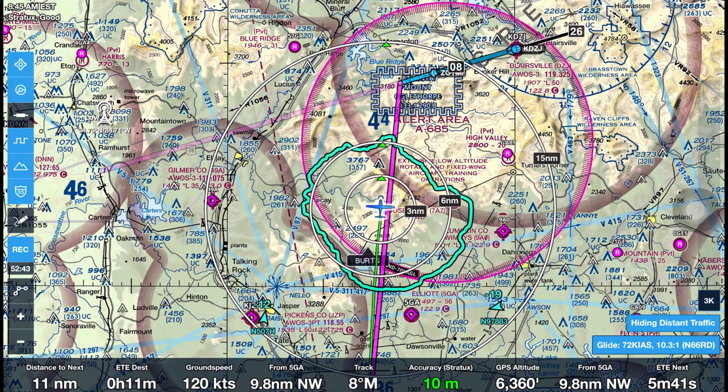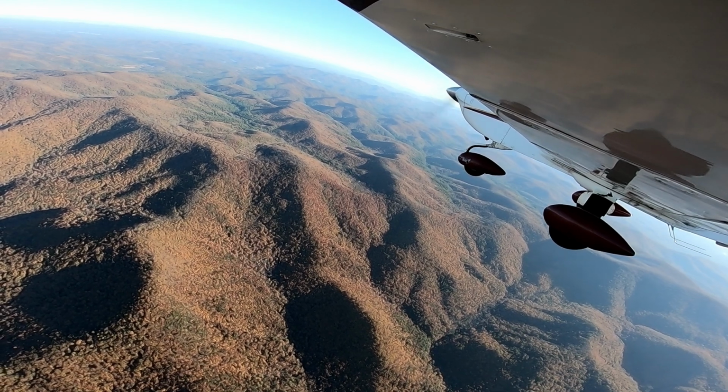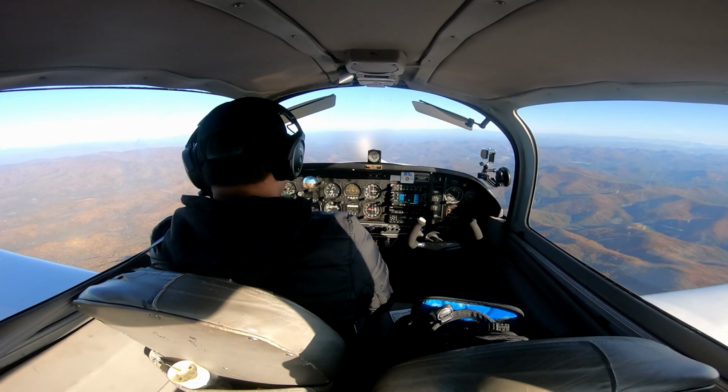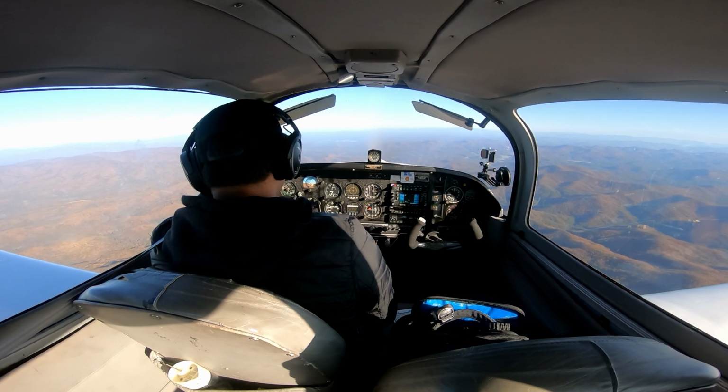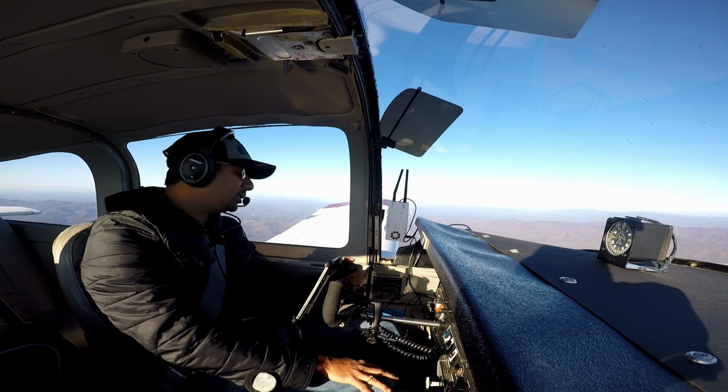All right, the winds are calm. I've got 11 minutes to go. You can see the valley there. I'm about 6,500 feet right now. Beautiful, beautiful mountain terrain here. Fall is in full swing here. Let me look: the airport elevation is roughly 2,000, so my traffic pattern altitude is